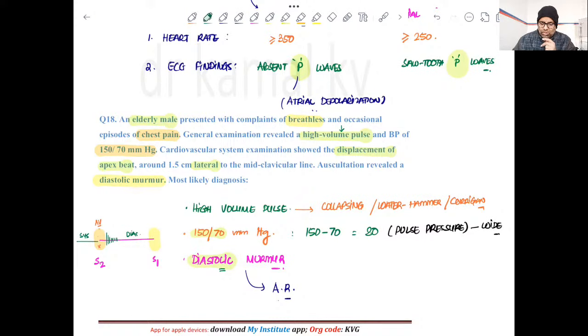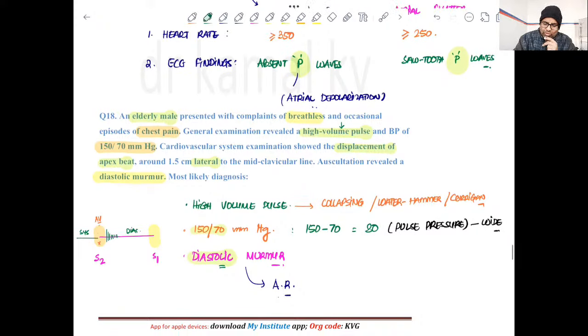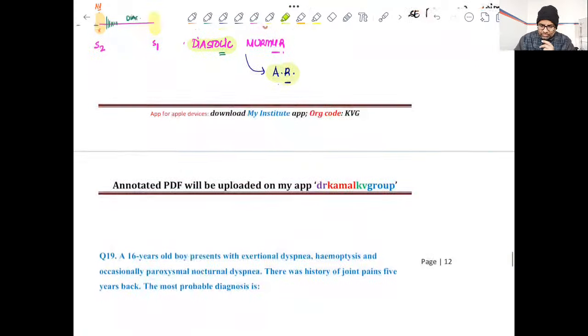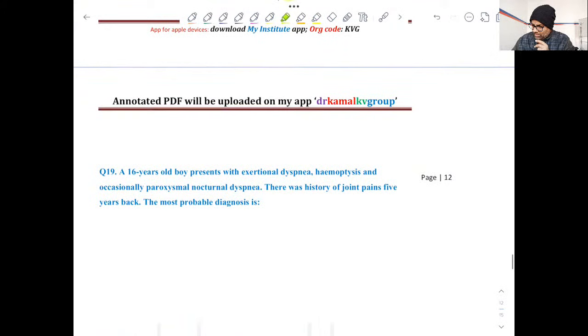So you have three important key clues in this question, and even if you know any one, jump to AR. If you know this, jump to AR. So with either of the three, I think most of you can be correct. So just make sure that these are the key points related to AR. Moving forward,